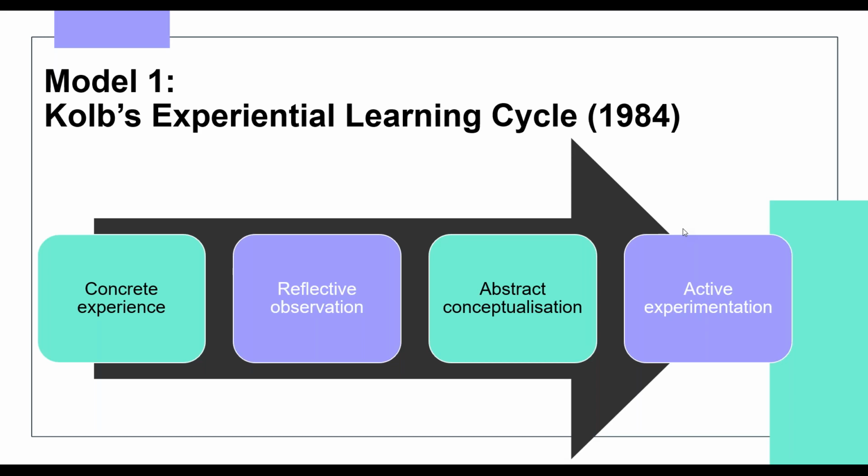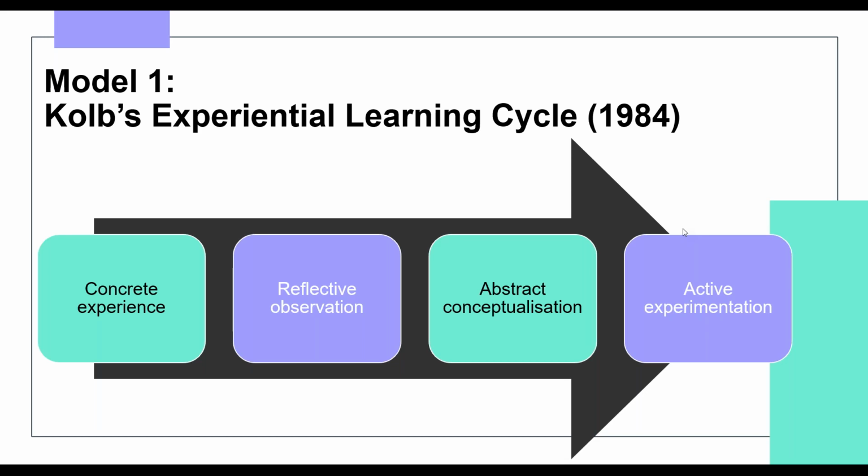We do something or carry out a work activity, and we start off by describing what happened, which then takes us to the second stage where we reflect on what has happened. We reflect on the experience and carry out an objective review related to why we think the activity went the way it did. What influenced what happened? What were the impacting factors related to how successful it was?